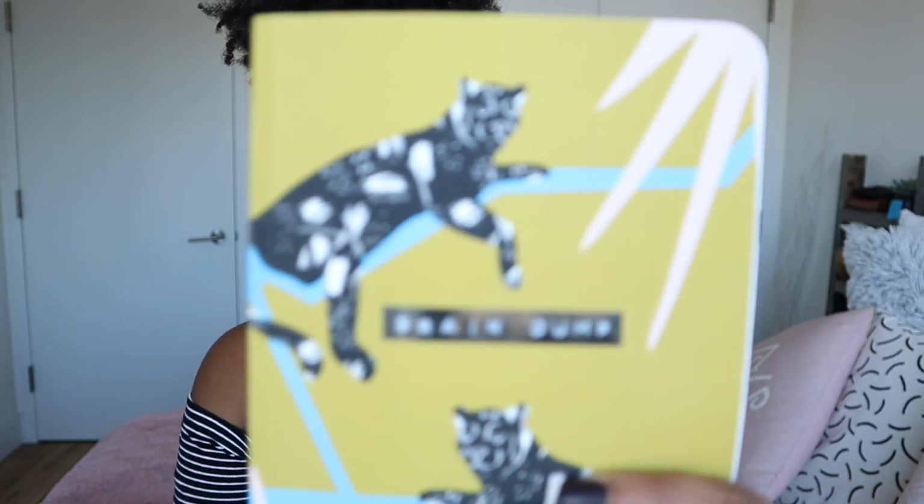Now the first item in the stationery category is going to be a journal. Now I know it's like, how many books and journals can we have, right? I need to not buy a single journal this year. I need to just use all the ones that I have, but I've had this one for a few months, to be honest. So it is by a brand called Denick or Denique,